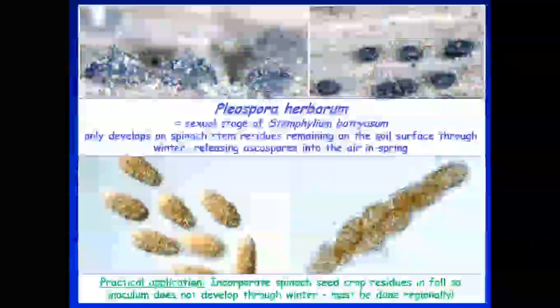And if you happen to be planting your next season's crop across the road or across the windrow or across the fence line, that inoculum gets shot up into the air. Any little breeze or drift will blow that inoculum over to next season's crop. So this means that this practice of incorporating residues must be done regionally. It doesn't work if one grower does it and the others don't, because, at least certainly in the Skagit Valley, where the primary emphasis of spinach seed production for Western Washington is, there are a lot of spinach seed crops around.